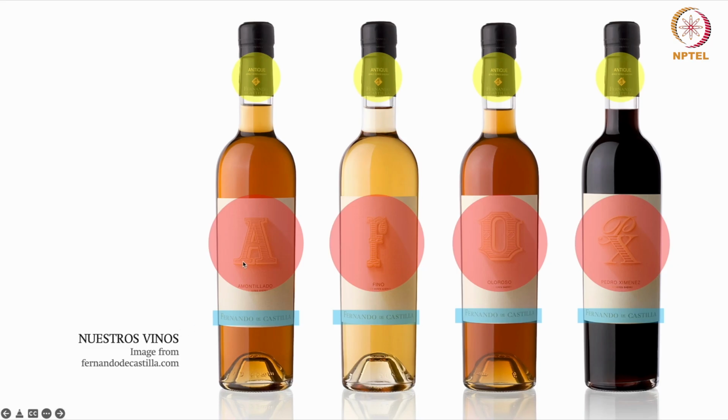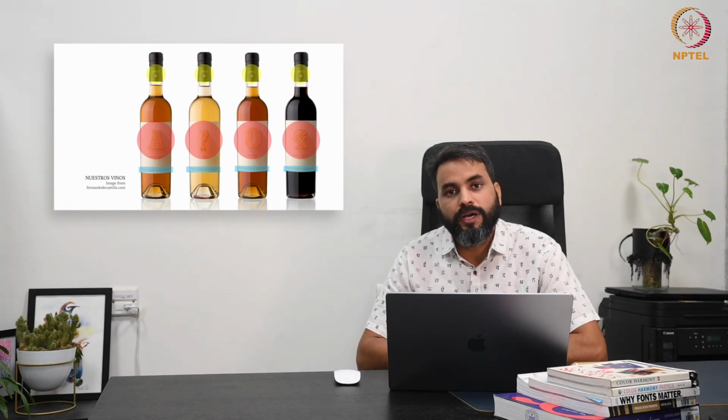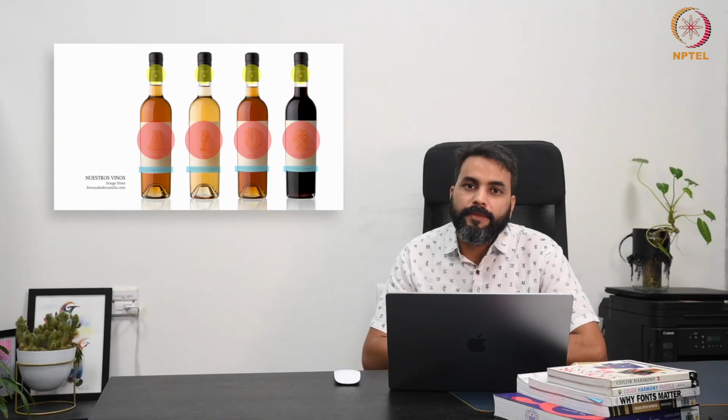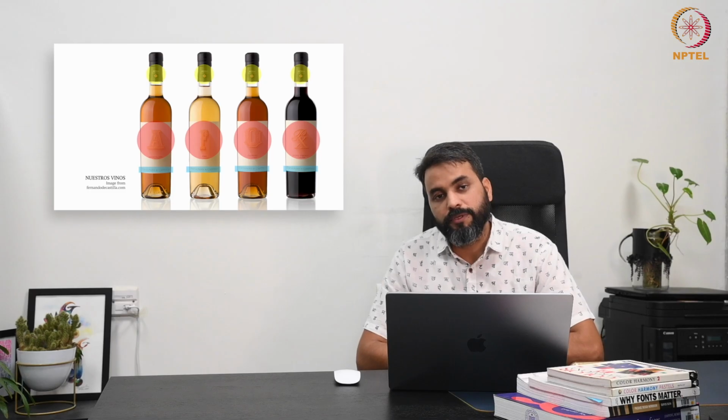And so the placement is playing a major role. The kind of font which has been used and repeated is playing a major role. The size is also playing a major role in terms of creating a unity. So I hope it is now clear how color, shape, size, placement and arrangement or order can be used to create unity within a composition.